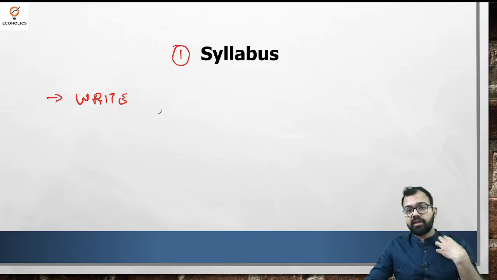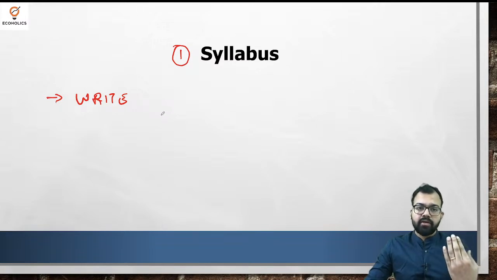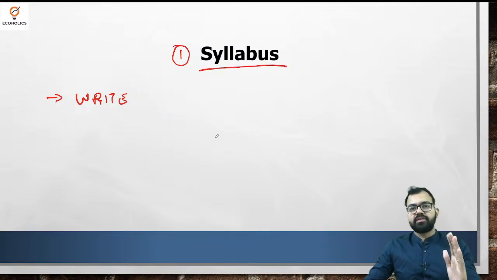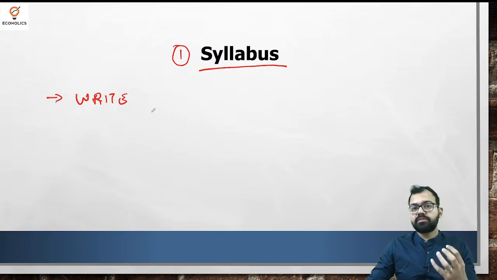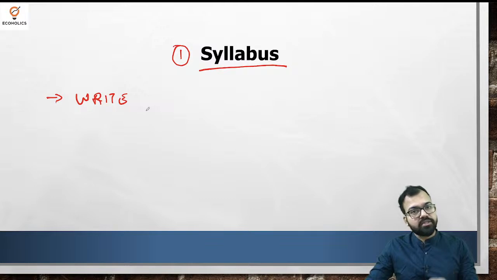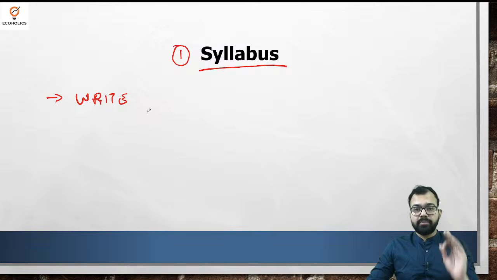So if you write the syllabus, it is very important to have the thought process in your mind. For example, if I start a journey from Delhi to Mumbai, I'll open Google, find Mumbai and then start the navigation. So the syllabus is important for you to get the direction, the navigation. But when you write the syllabus, you will understand and remember the terms, words and sentences mentioned in it. If you write the syllabus, you will be able to remember and recall.